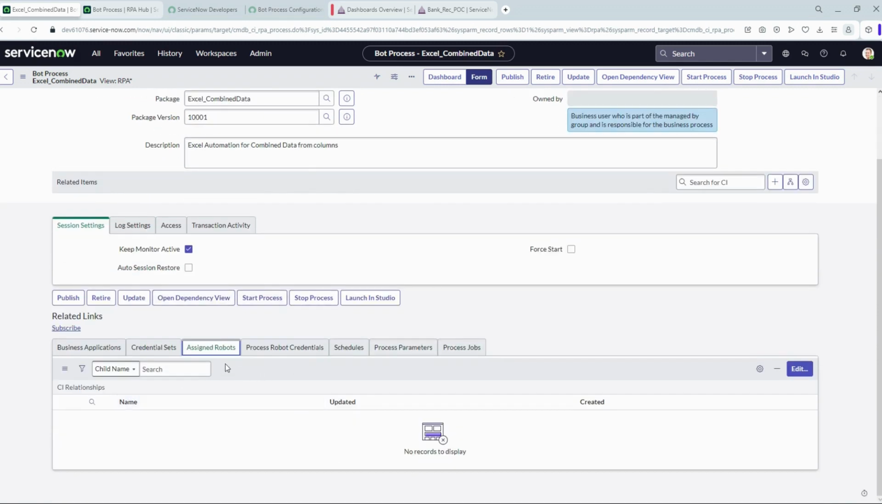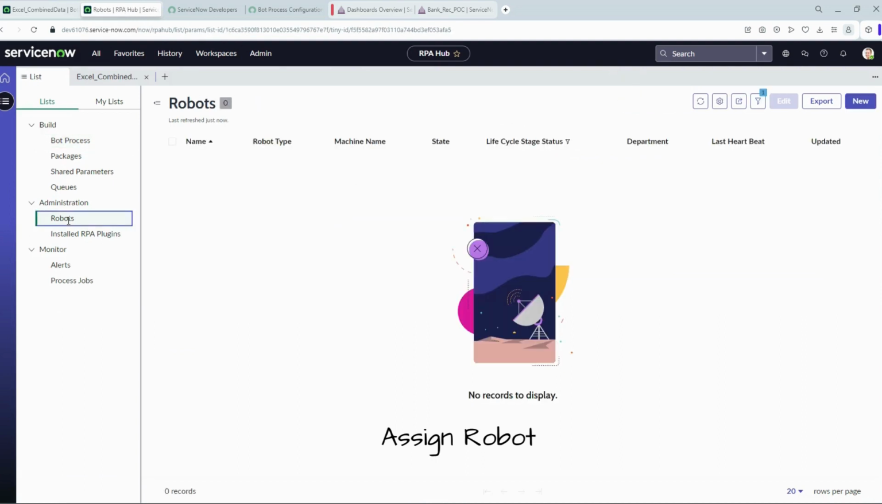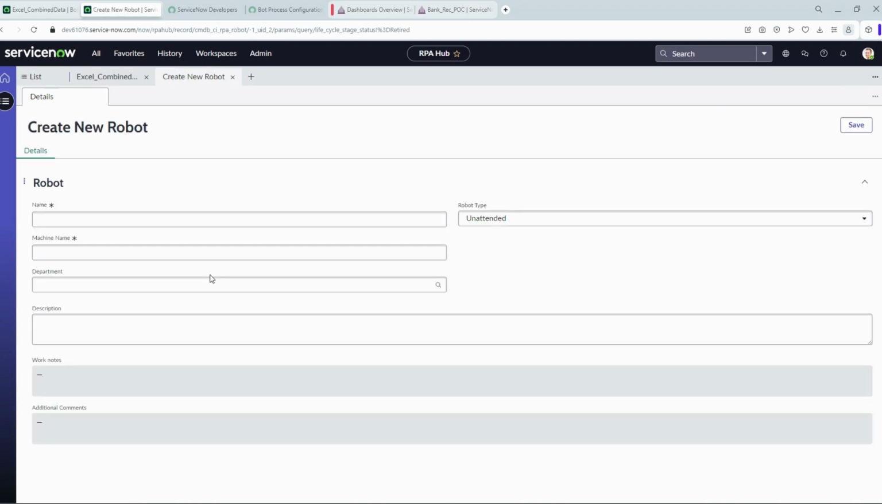In order to create your credential assets or robots, you have to create the robots first. So we'll go here, and then you have to navigate to the robots. So let's click on new, and you have to provide your robot any name. So for example, I'll give my robot